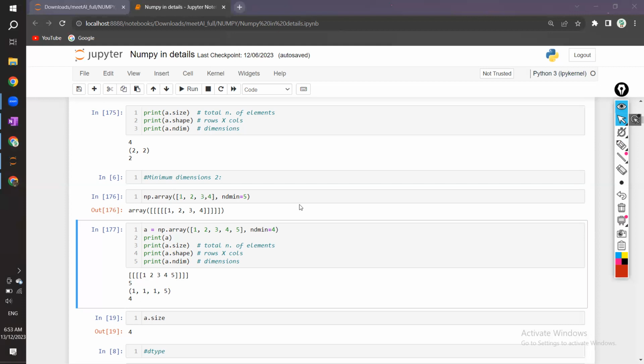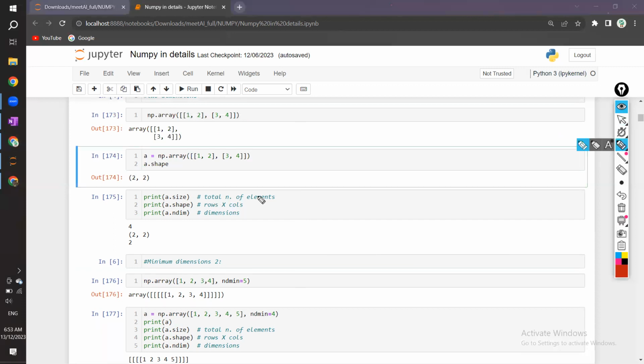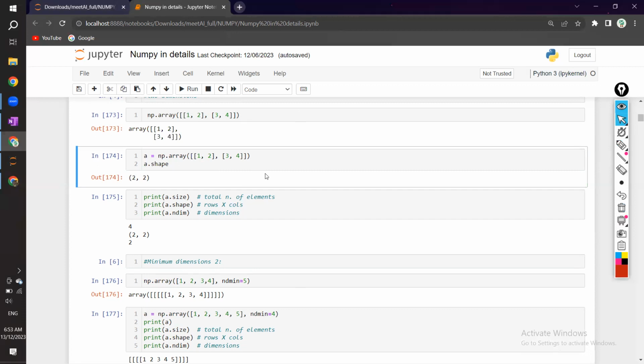Okay. See, simple. I'll take this example again. Over here, first is size. What is size? Just count the total number of values, guys. That's it. Overall, 4 values you are having. For example, if you are having one more